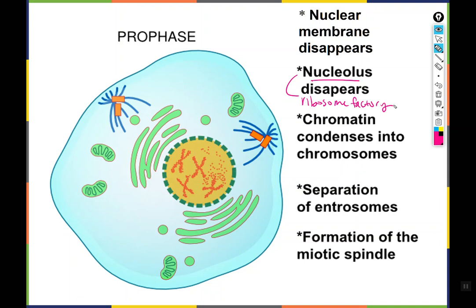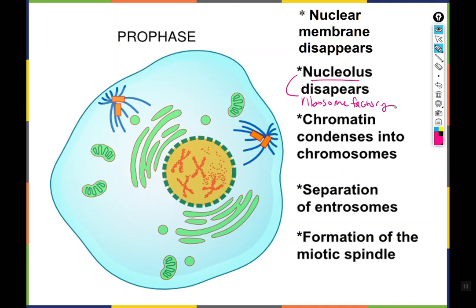So it's where ribosomes are made. But you don't need that when you're dividing. So the cell puts a pause button on making any more ribosomes or doing much protein synthesis, because it's busy doing other stuff. So at this point, it's made all the proteins it needs to divide, and now it's busy dividing, and that's